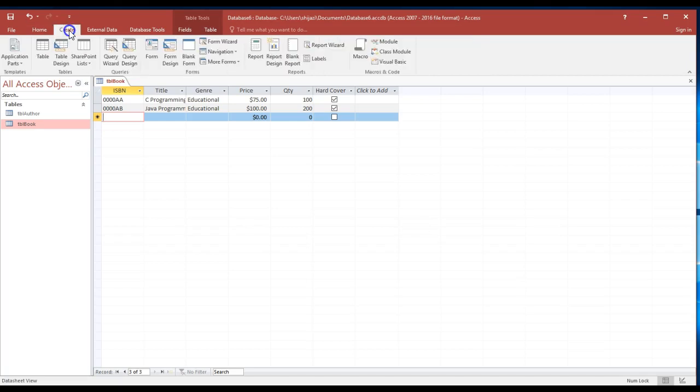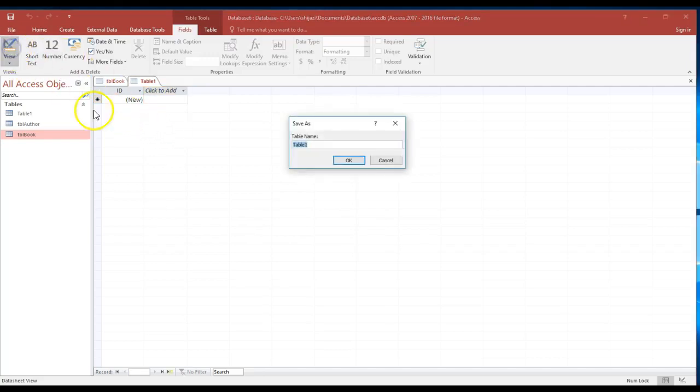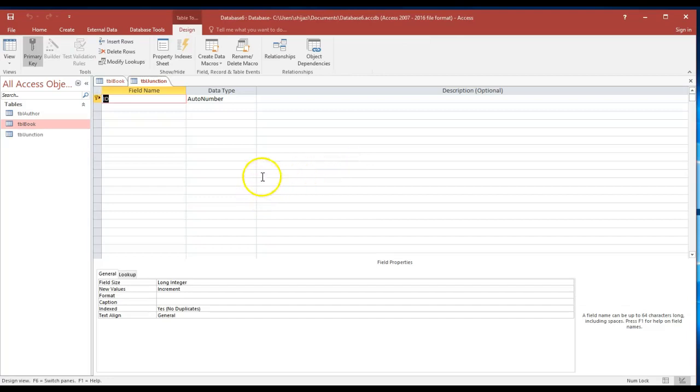So I'm going to go ahead and create it. As you notice, I could start by creating a table, and I'm going to click on the design, and I'm going to call this TBL junction. And now we could actually think about it with me. Where is the foreign key that is going to come from the author table to the junction table that is going to link this new table with the